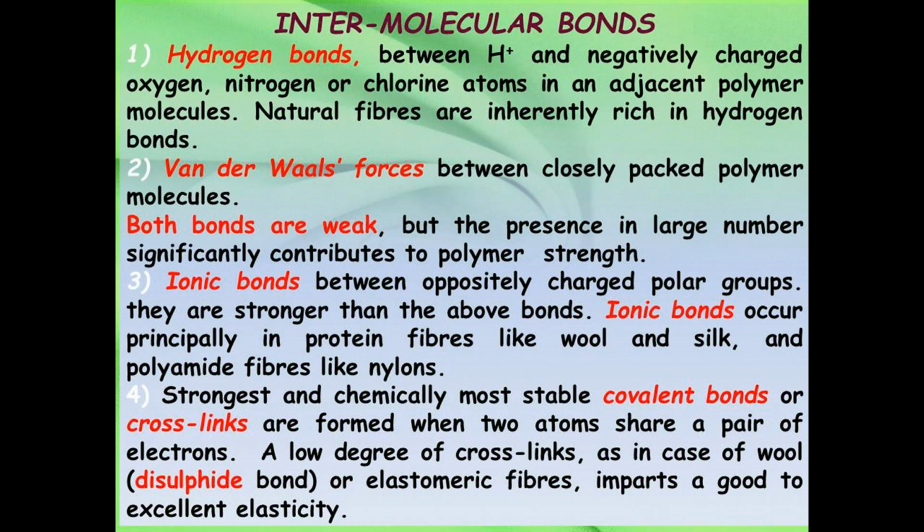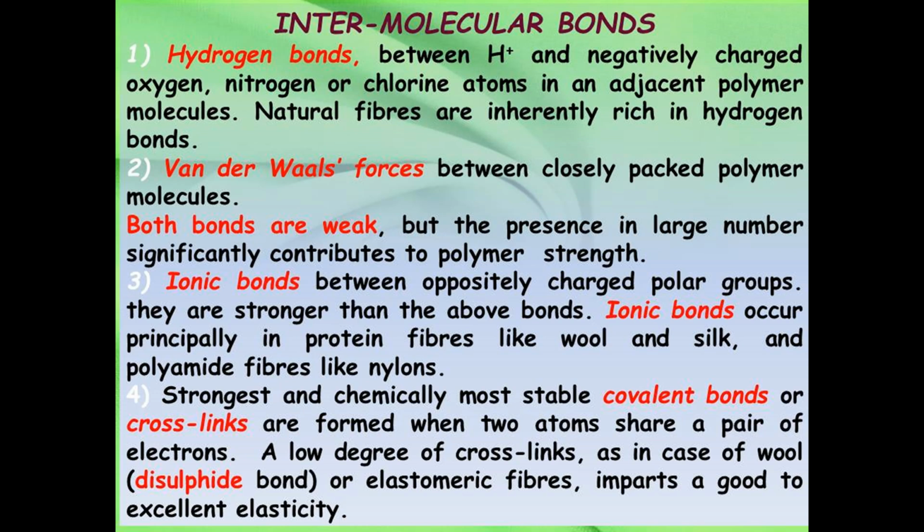Four types of intermolecular bonds act in a polymer or textile fiber. First, hydrogen bond. This acts between hydrogen ion and negatively charged oxygen, nitrogen or chlorine atom in an adjacent polymer molecule. Natural fibers are inherently rich in hydrogen bonds. Second, van der Waals forces. These occur between closely packed polymer molecules. Both bonds are weak, but the presence in large number of hydrogen bonds and van der Waals forces significantly contributes